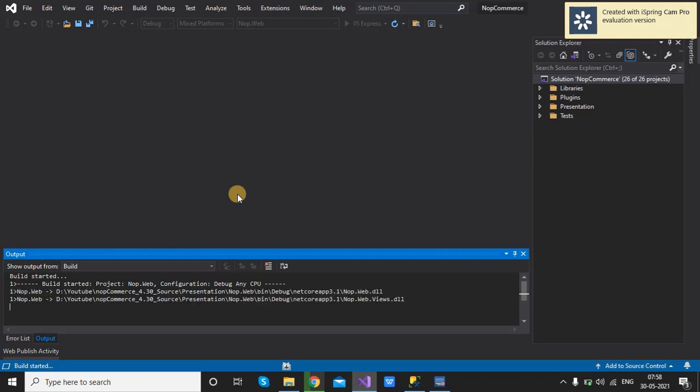As I have already installed the required things for the NOP 4.3, I will not face any type of issue. If you face any type of issue, you can share it with me. I will try to resolve that problem. By default, it will not create any type of glitch, but it may be a versioning issue or an installation issue. So you can comment to me for that.